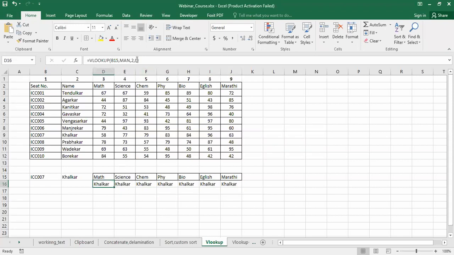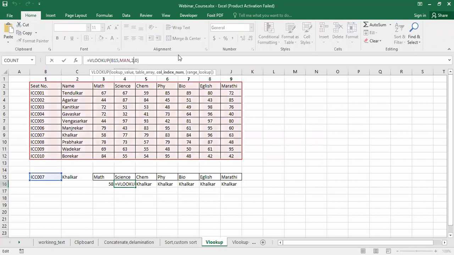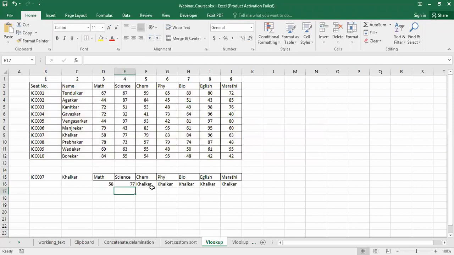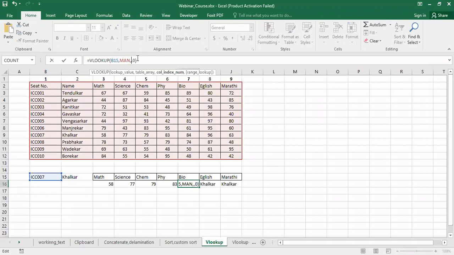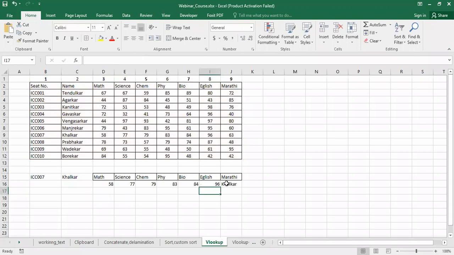So here the maths column index is 3. So I will simply change this 2 to 3. So maths marks will come and appear there. So here it is science, so it is 4. This way we have to do it once only. Once you do that, everything will be very easy afterwards. 6. This is my 7th. Then this is my 8th. Okay. This is 9th.